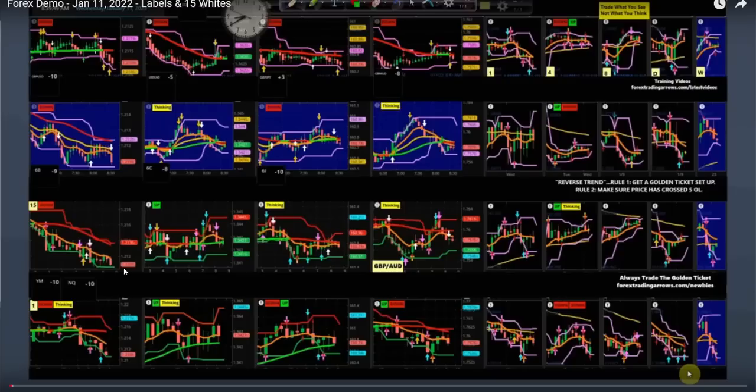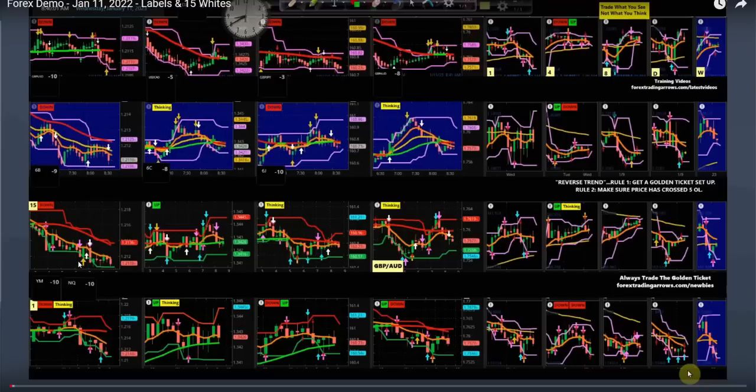Right, so first of all, I'll let it run a bit, you would have had on the GU a 15 white down somewhere up here. Okay, and look what's happened. Bang, bang, bang, bang, bang. Oh, 15 white appears, right? I'll pause it there for a moment. Now, you know,